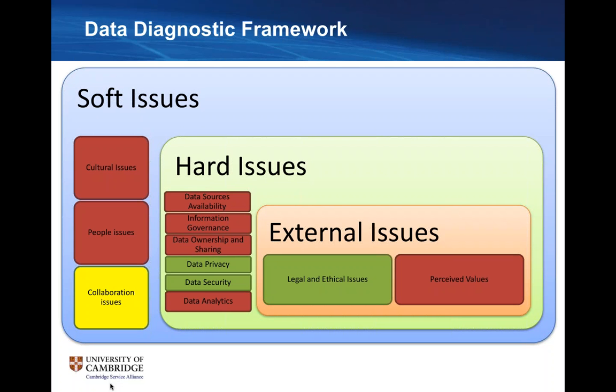Then there tend to be data privacy and security problems, and also what kind of analytics we are going for: very sophisticated prescriptive or predictive analytics, or whether simple analytics could allow us to do the service right and be good for our customers. There are other external issues that organizations face when they start to come up with solutions based on data.